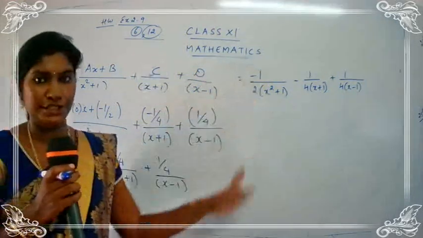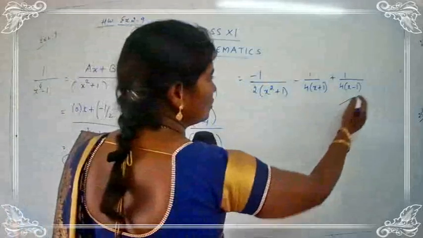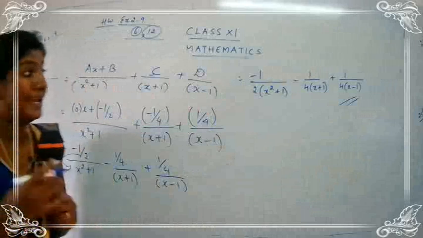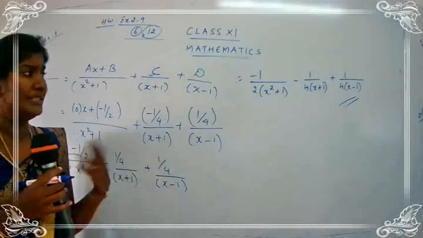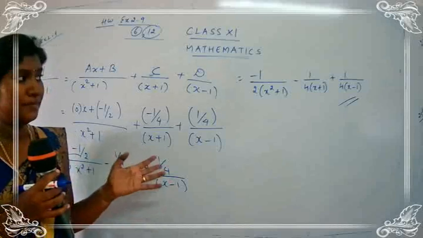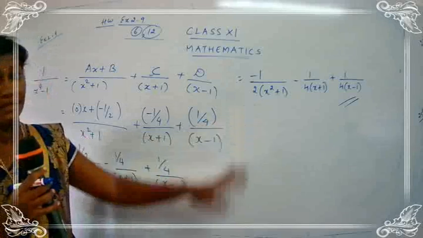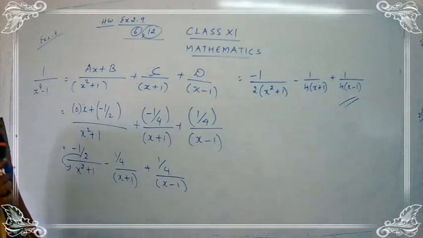If you feel that no need to keep the first term to be negative, so what we can do is we can just have an interchange of the terms. We can interchange and write, or we can just keep the term as it is, no problem. This is of our choice. In some cases they would have changed the terms. In some cases they would not have changed the term. So we can just keep the terms, no problem. So this is the required answer. So we have completed sum number 5.